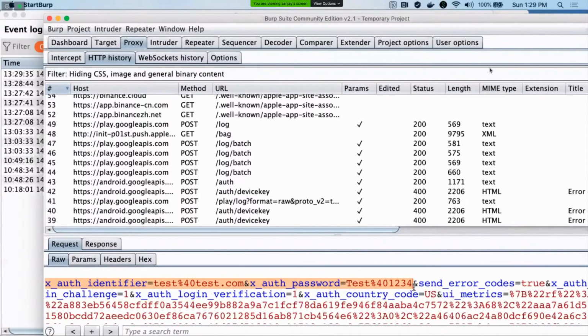Okay, so by using this feature, you are able to bypass the SSL pinning using the Frida universal script.